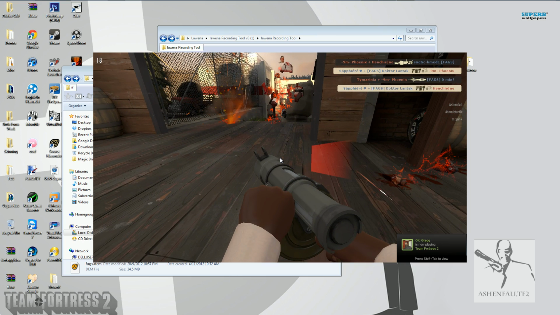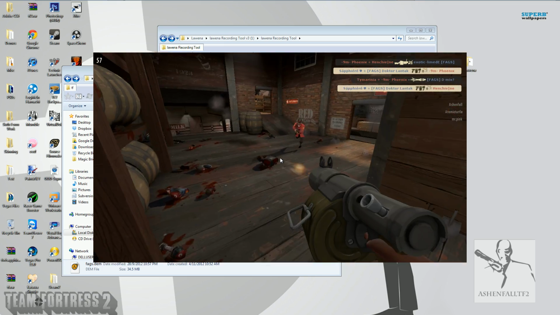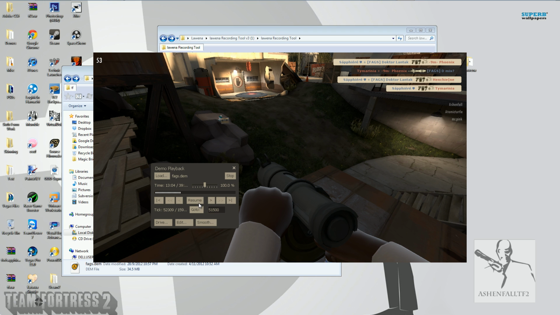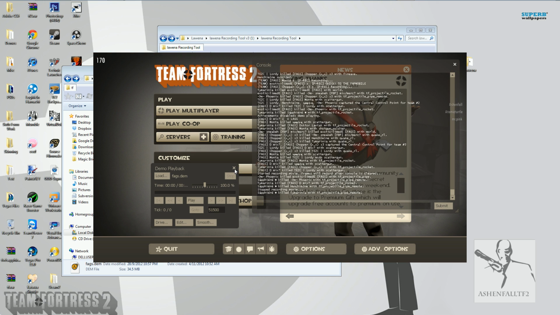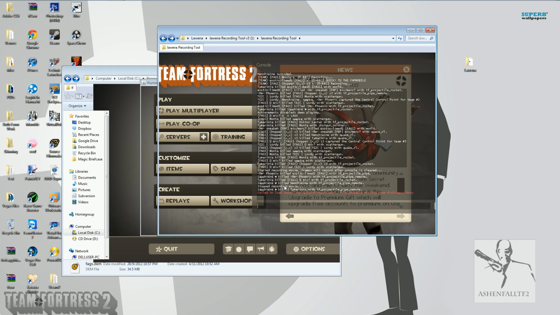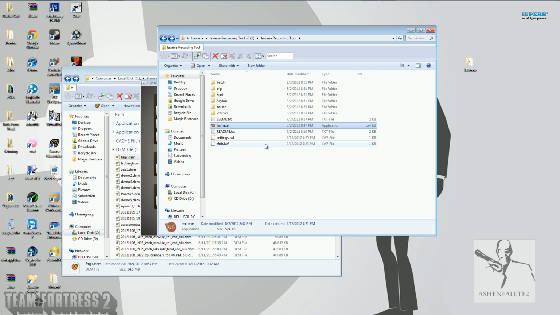So if you hit P again, time will speed back up. Hit pause, and you can now stop the demo. You can then proceed to click quit. Just click yes here. So that will quit, and now we have come back to our window eventually. Just giving it time to load up. Here we go. So that's done,